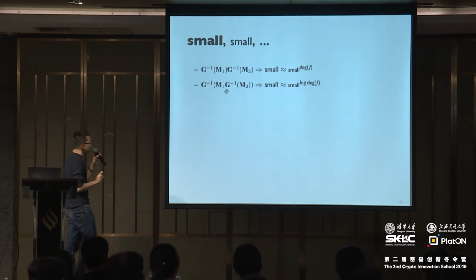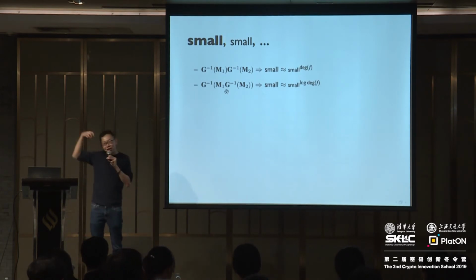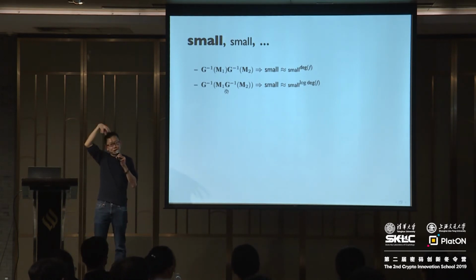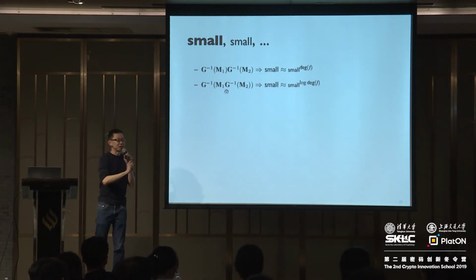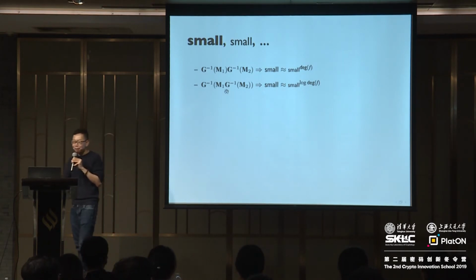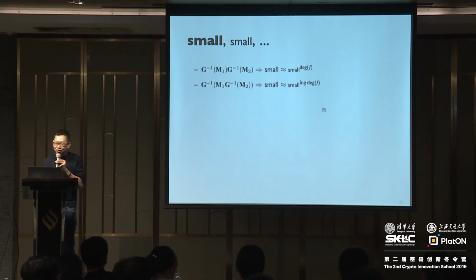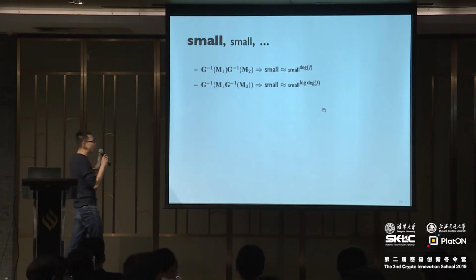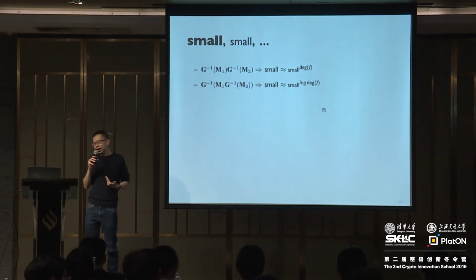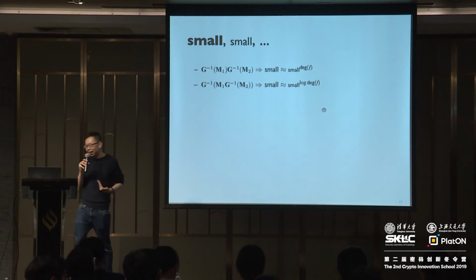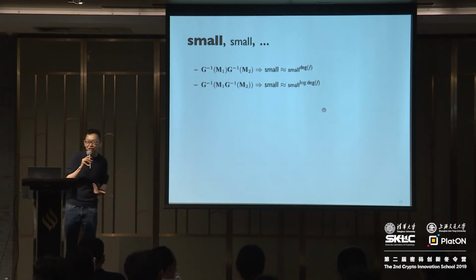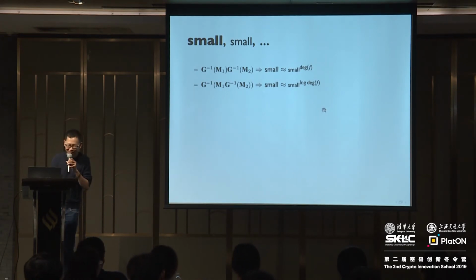So you get a lot of leverage by making sure that instead of doing G inverse individually as you go along, you do G inverse at the very end of the computation. Okay? And now, by applying this idea, you can actually get a blow up in small that instead of being the degree of the function, you can get it actually to be log of the degree of the function. Okay. Any questions? I'm slightly cheating here, but it's more or less correct.